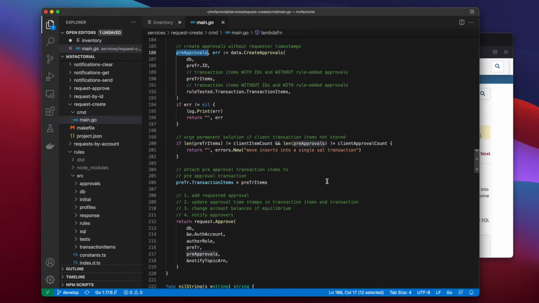Some of these approvals already have timestamps because they were added by a rule beforehand. For example, whoever is running the State of California account will have a rule approving their acceptance of a tax payment. They're not going to sit there all day hitting a button approving tax payments from everyone else.